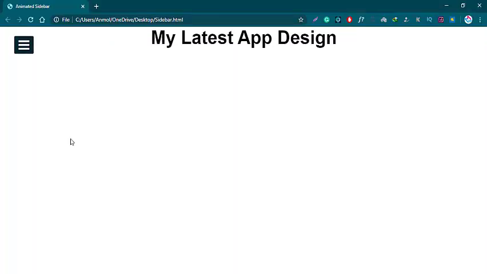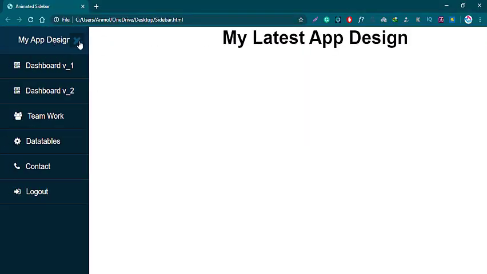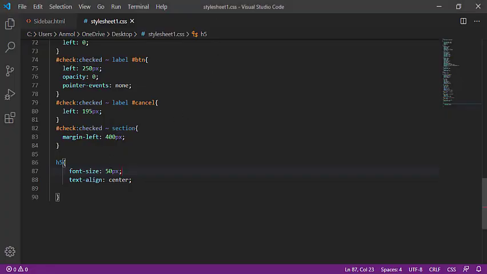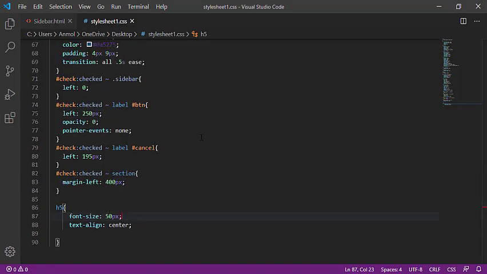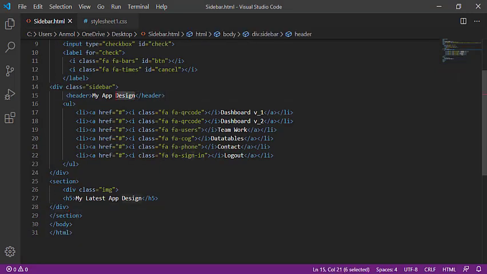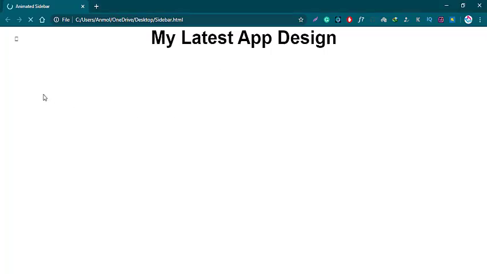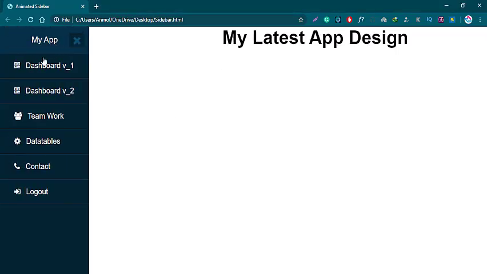Let's reload this. So yes, it's somehow better. If I added this tag smaller, going to this one and adding this my app, save this and reload this. Here I am, my app, my dashboard 1, 2, 3 and contact logout.